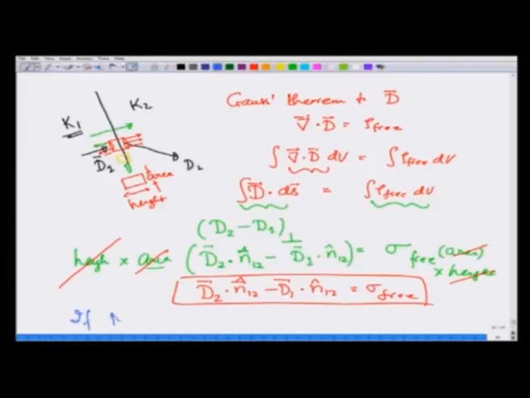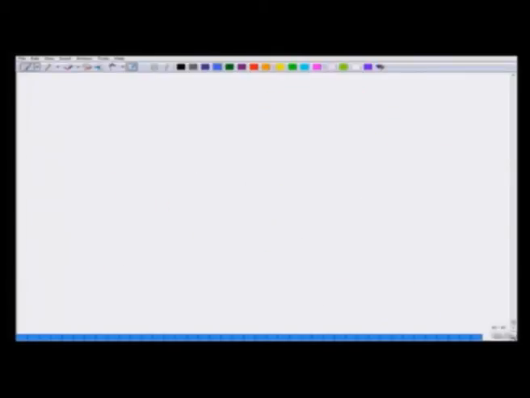If no free charge, then D perpendicular is continuous. So, that is one boundary condition. The other boundary condition is that, again look at this surface, look at E here, E on side 1, E on side 2. Curl of E is 0, and therefore, if I take a loop like this and apply Stokes' theorem to this,